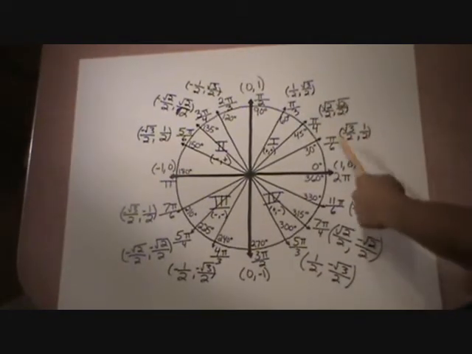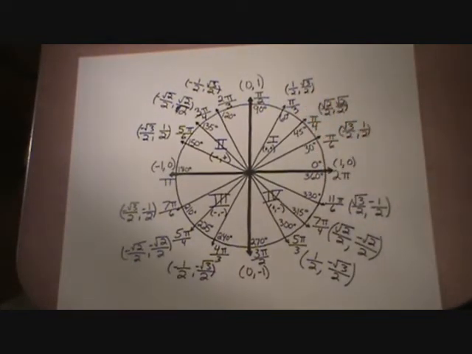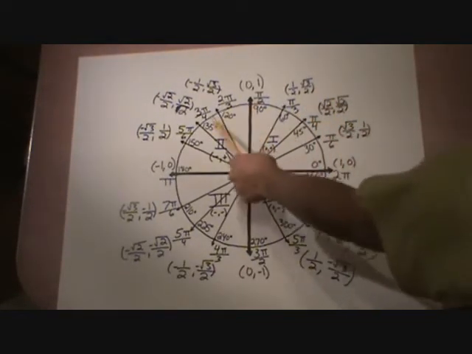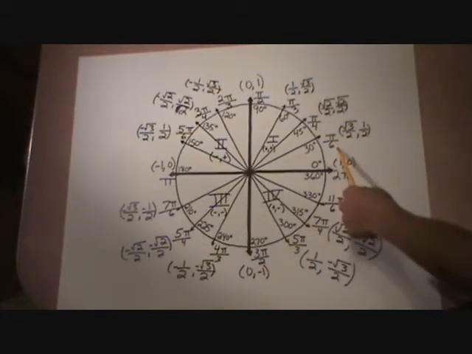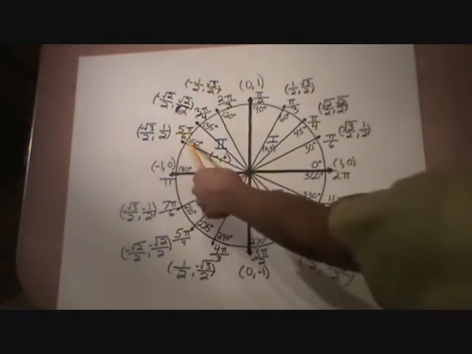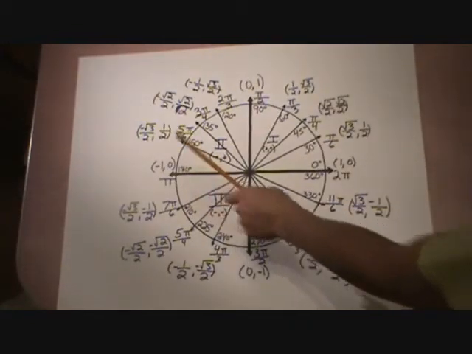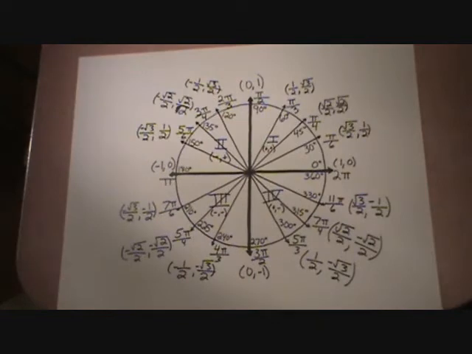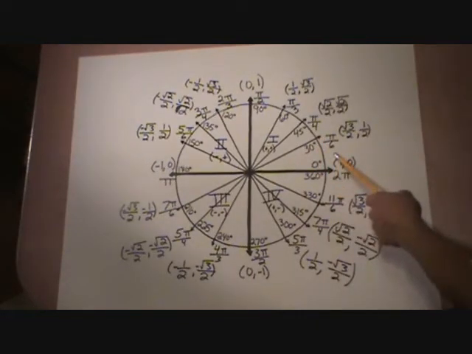If you can remember the pi over 6, the pi over 4, and the pi over 3, it can be easy to find out what the other pi's are on the unit circle by a method that I use. The way it works is if you have pi over 6 and you want to find the fraction of the pi over here, which is 150 degrees, in quadrant 2, then you use a whole number, which is 1, minus